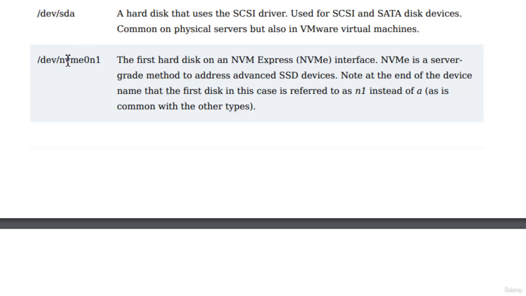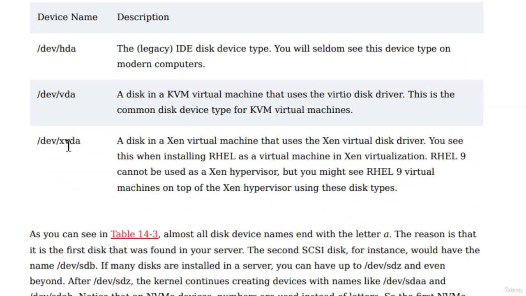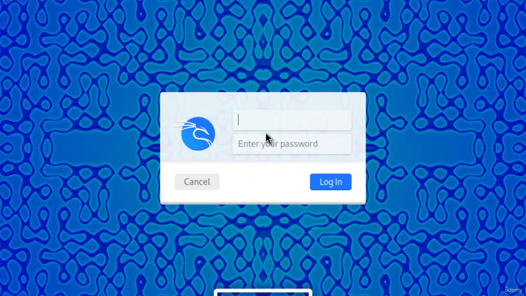If you are using some type of NVMe, NVM Express interface, then it will be displayed like this. And if a virtual hard disk is connected, then it will display /dev/vda. If there is an extended or Xen virtual machine, then it will display /dev/xda. Now the question is where these will be displayed. Whatever Linux you have, no matter whether you are using RHEL 9 or Kali Linux, whatever you are using,